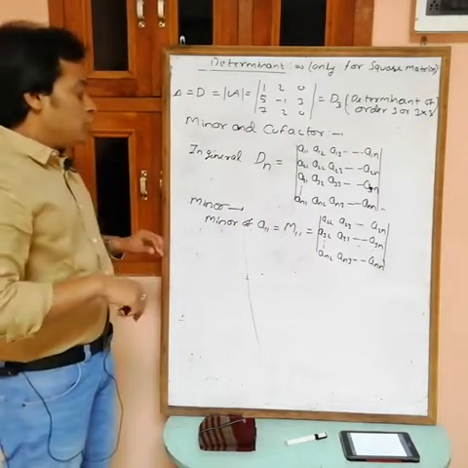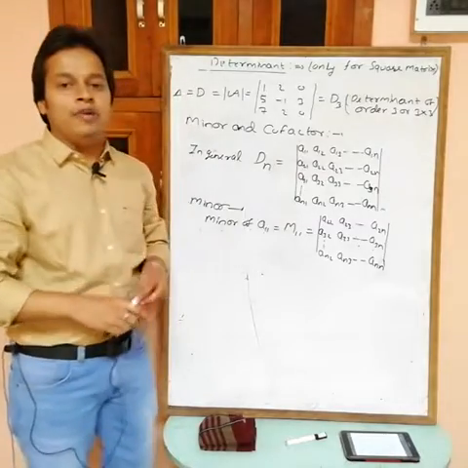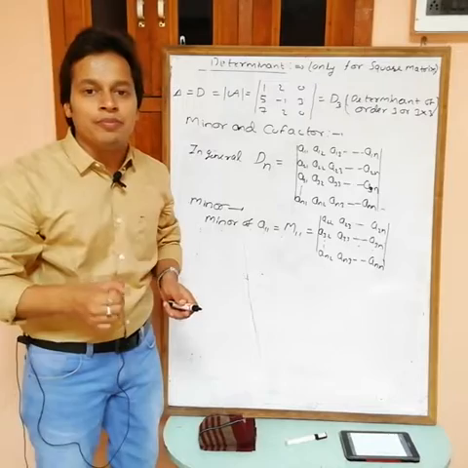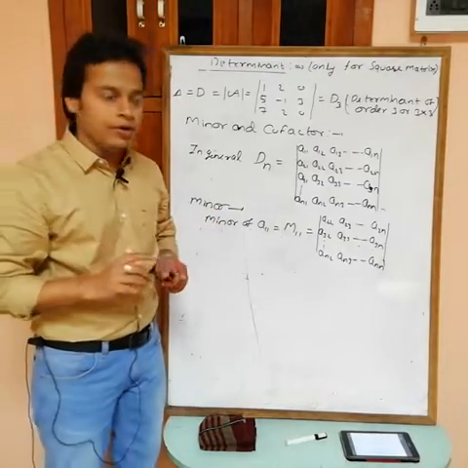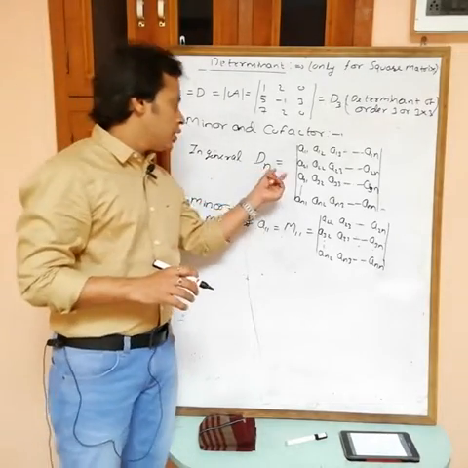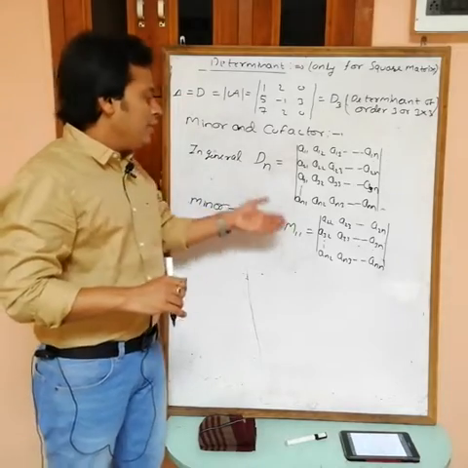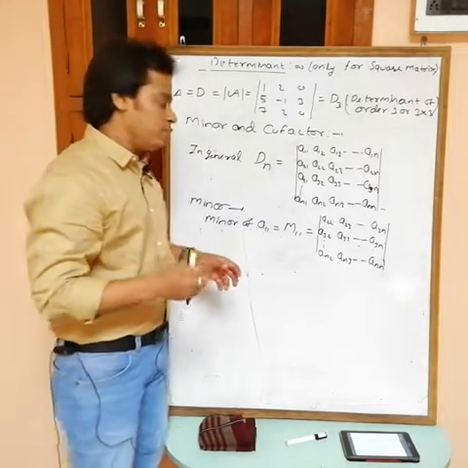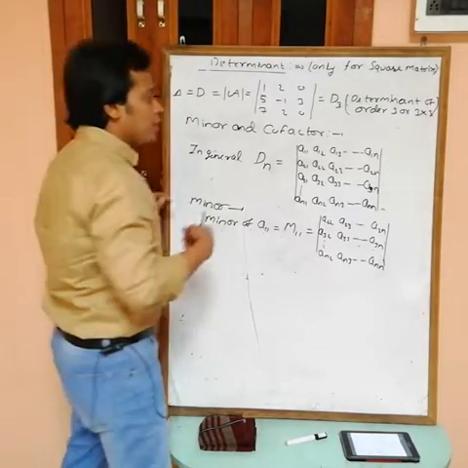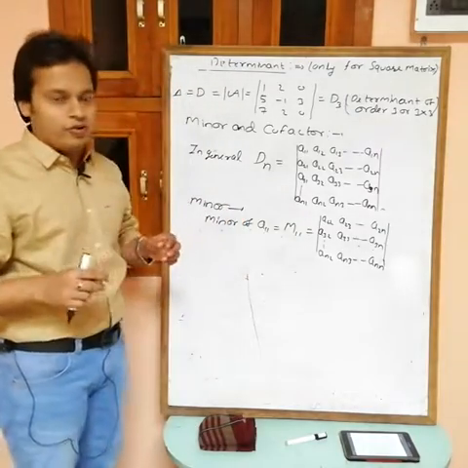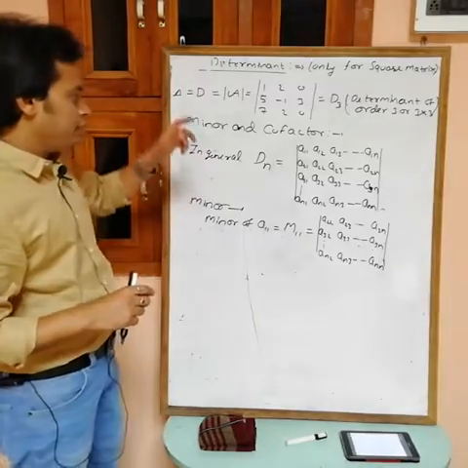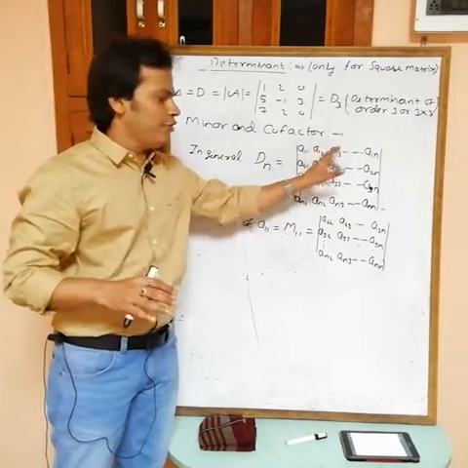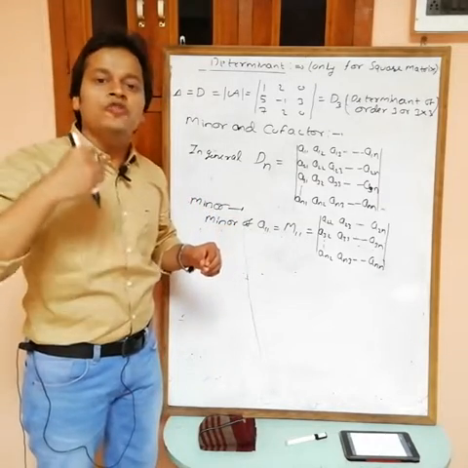Okay, you can find it now. To find the minor of any element, first hide the corresponding row and column and then make the determinant of all the remaining elements. The order of this one is n. The order of the minor of any element is n minus 1, that is, n minus 1 by n minus 1. Now choose any other element whose minor we have to find. Suppose I am taking A22. You can take anything, it doesn't matter, A12, A13, you can find the minor of every element.